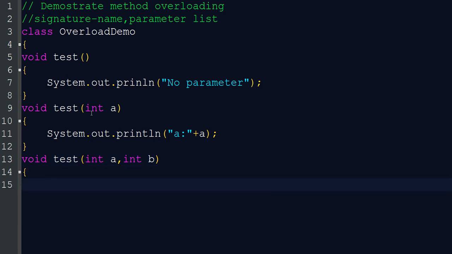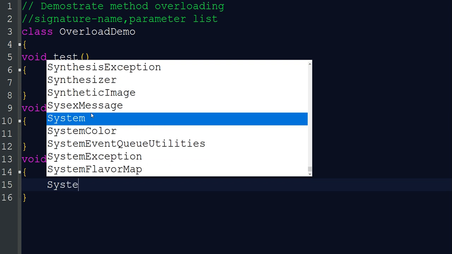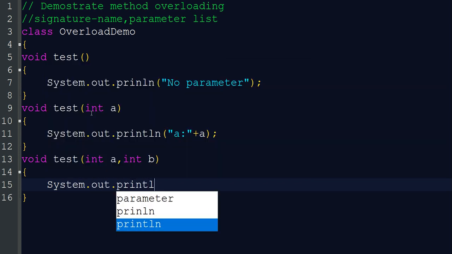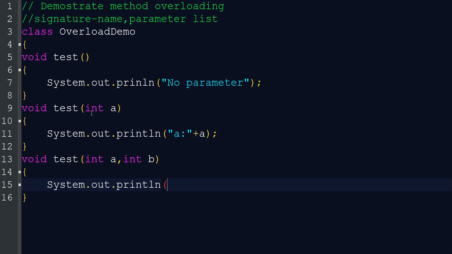Here we are printing these two parameters, System.out.println a and b.